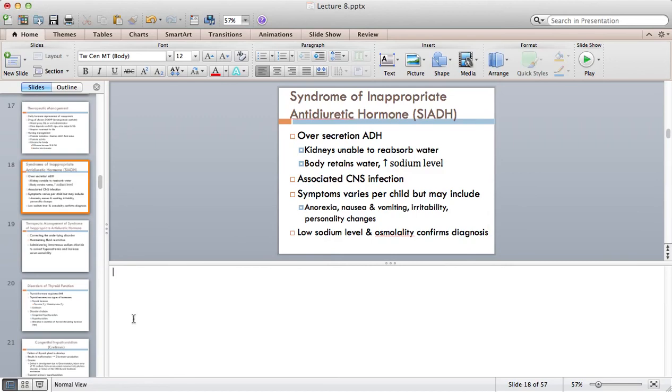This one's not lifelong treatment, right? The SIADH, is it lifelong treatment? It's not. You treat it depending on the condition. But the ones that are very classic, the ones that are up in the air,